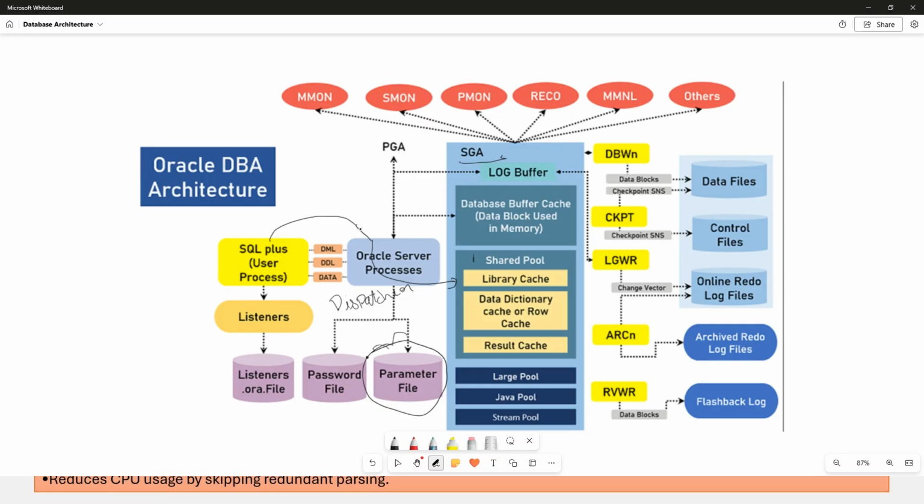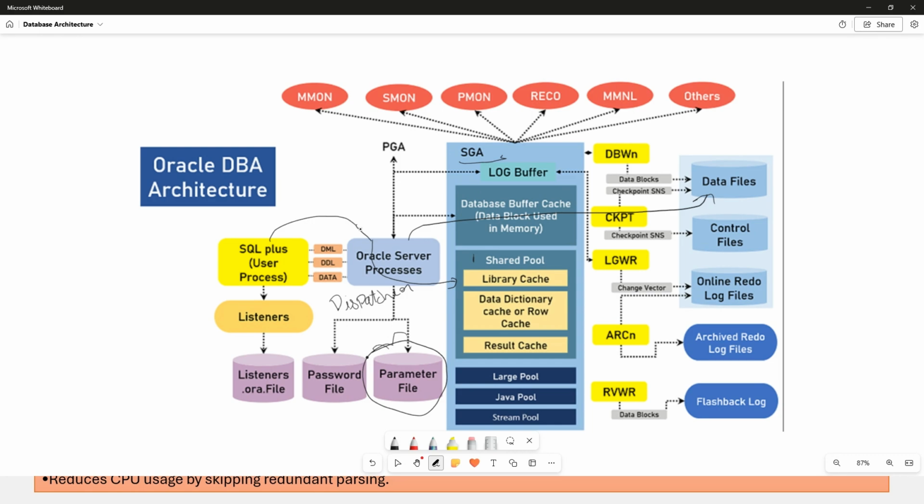If a user executes a select query for the first time, the Oracle process goes to the data file and gets the data in the form of data blocks